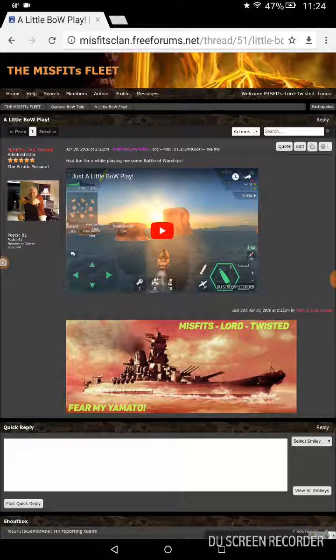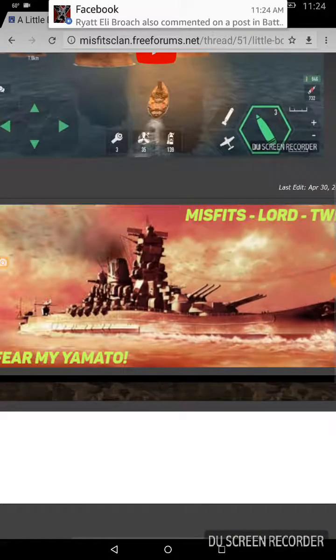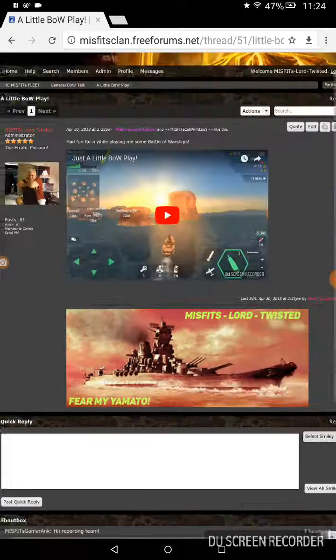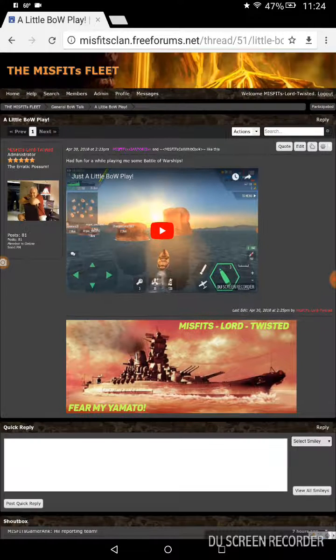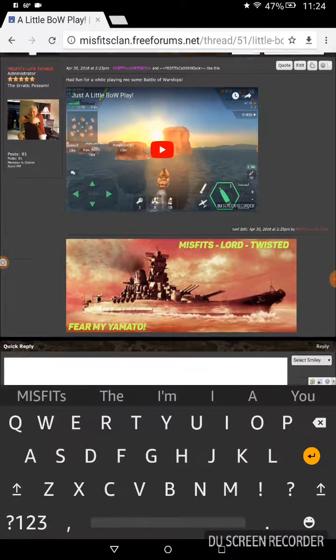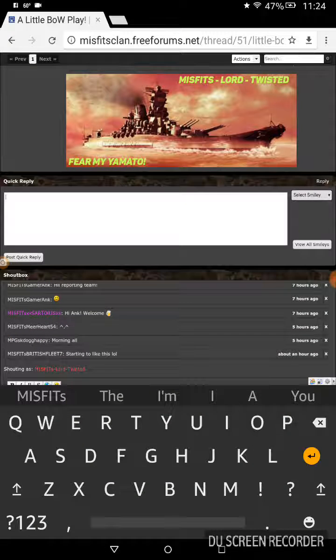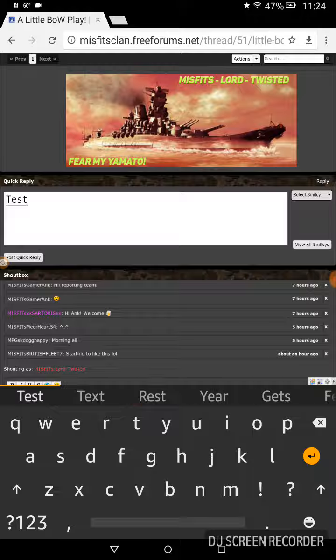I can use the quick reply box down below my post here in white, this area right here, the quick reply. I can use that to do a quick reply and just get the cursor blinking in there and say like I had something to say, but in this instance I'll just use the word test. We'll pretend that's a couple sentences. It's basically saying, good job, Lord Twisted, awesome video, all that kind of stuff. No, I'm not patting myself on the back. It's just an average video. But say like that's it.